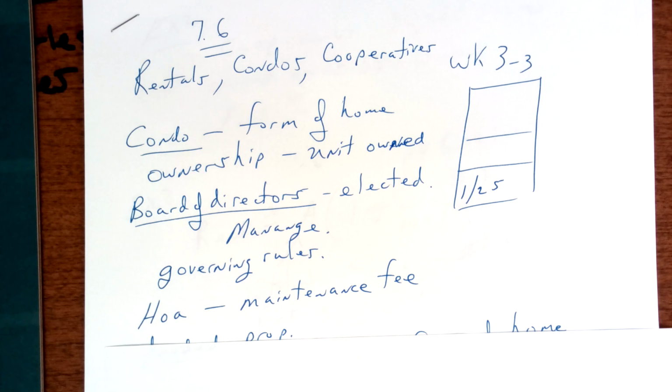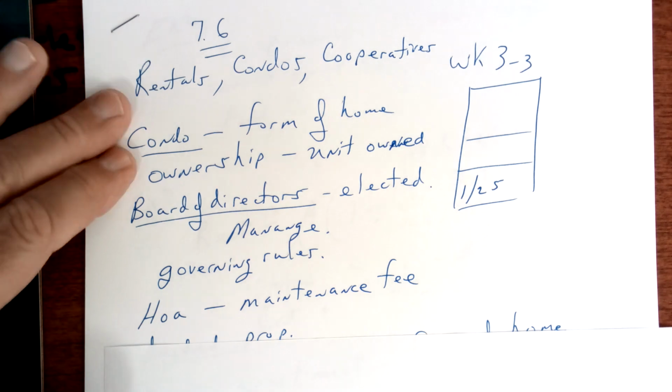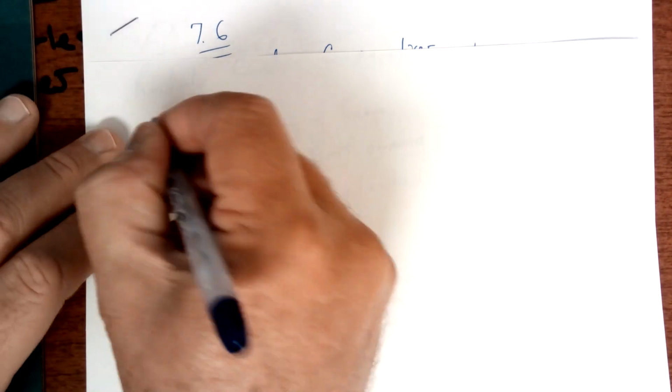We're moving on to 7.6. Remember, you have a test this weekend. But before I do that, there's a question on there. So write this down. Put test question,